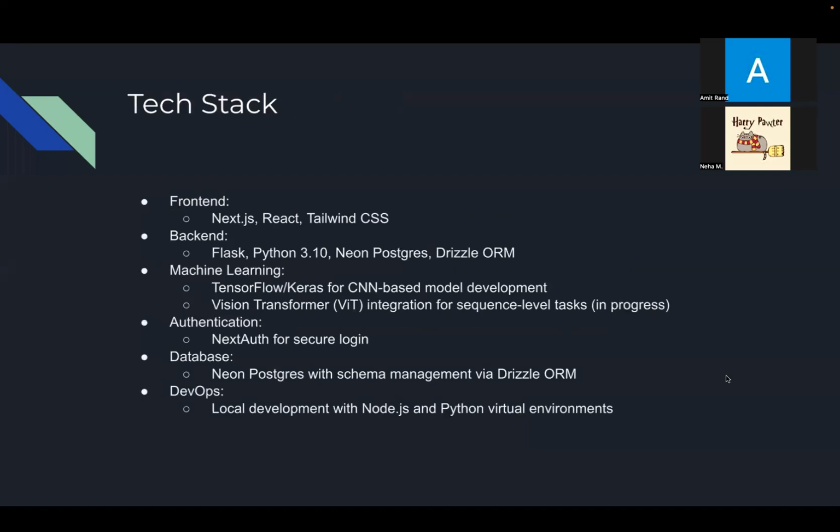So just to dive into our tech stack, our front end is built on Next.js, which is our web framework. We use React and Tailwind CSS along with some traditional CSS to do most of our front end and styling. For our back end, we're using Flask. For our backend server, we're using that in combination with Postgres, which is being hosted on Neon, and Drizzle ORM,